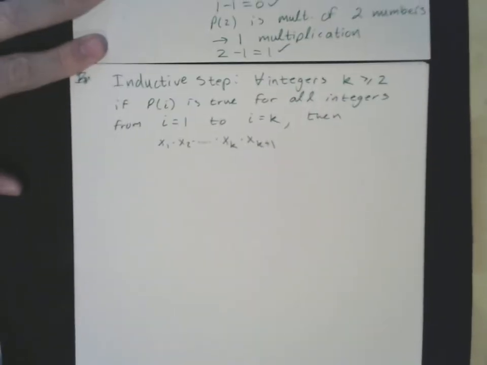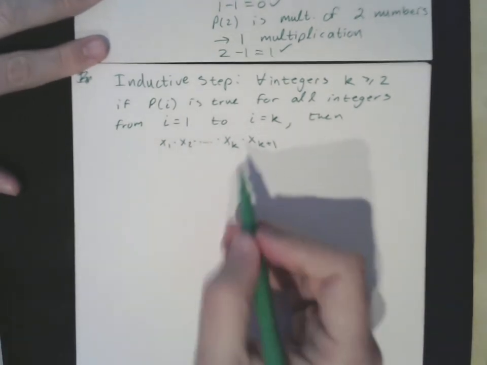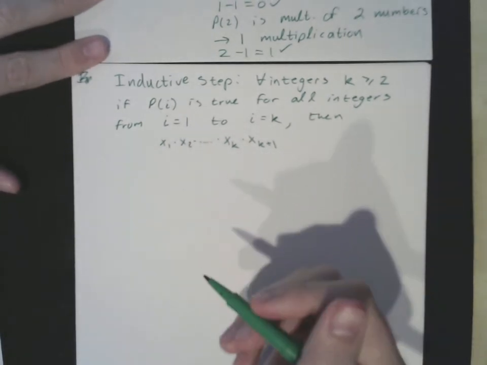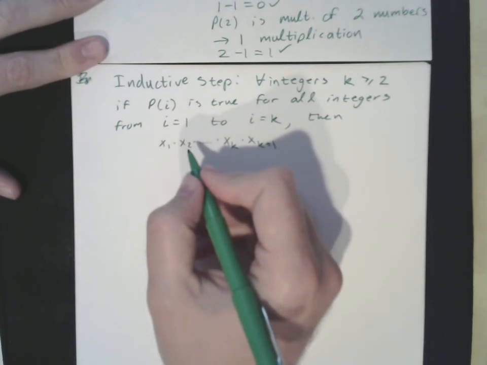So this is the product of k plus 1 integers. This equals,